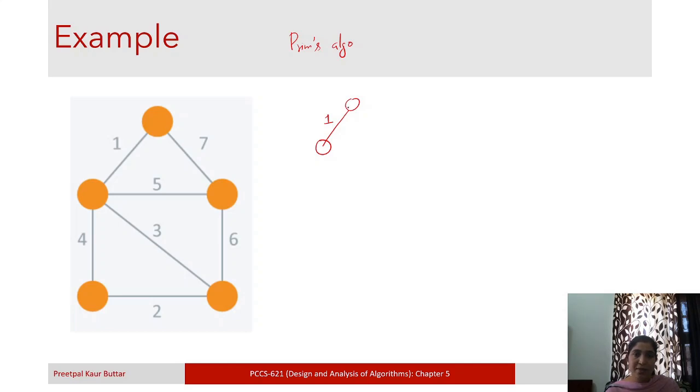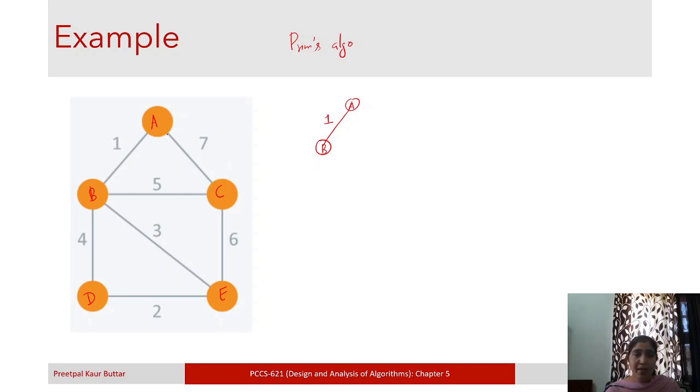So we have this. Now let us suppose this is A and this is B. Take this vertex A, let me label them, A, B, C, D, E, right? A and B, this we have already taken into the tree, right?